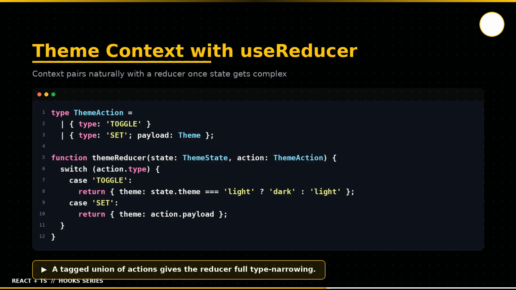type Theme equals light, dark. interface ThemeState, theme: Theme. type ThemeAction, type toggle, type set, payload Theme. function themeReducer, state, action ThemeAction, switch action.type. case toggle, return theme: state.theme is light ? dark. case set, return theme: action.payload. default, return state. interface ThemeContextValue